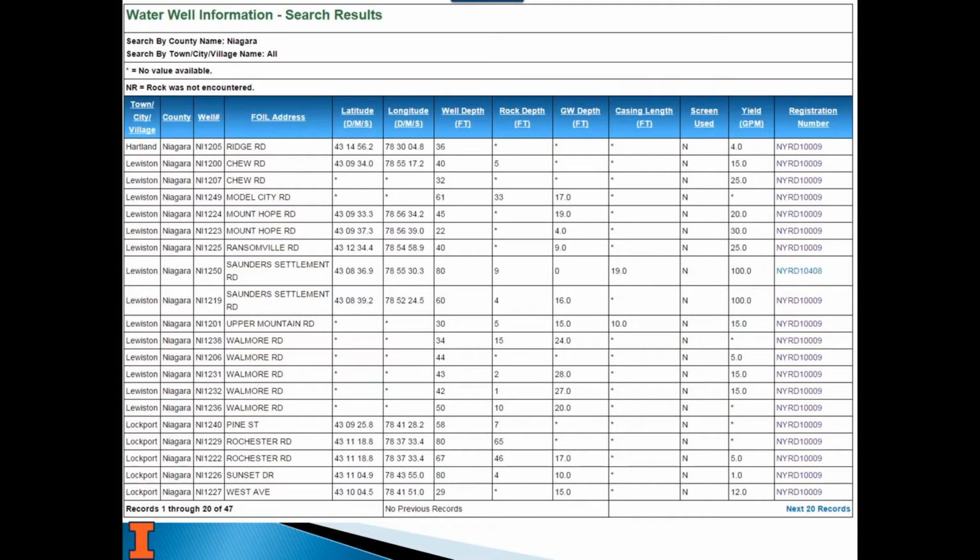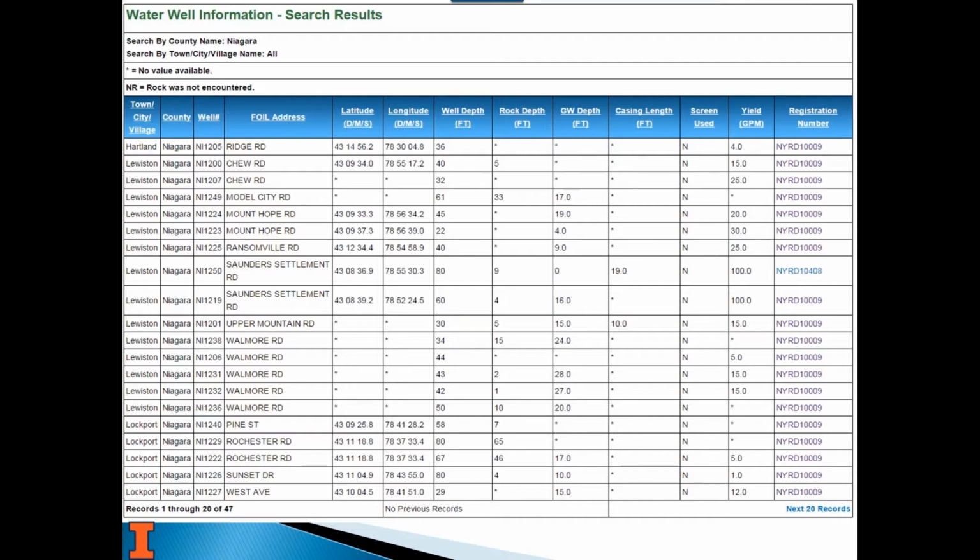This is just one of the search results that I did on New York's site. It tells you the address, all that information, just like in Illinois, it's all public information. But the thing I'll point out here, I did some work in New York a few years ago, working with some folks there that had real water quality problems. It's mostly bedrock in a lot of areas of the state, bedrock wells. And a well may be 300 feet deep, but it might only have, and these are all shallow, but we ran across some wells that were pretty deep, but they had very little casing.